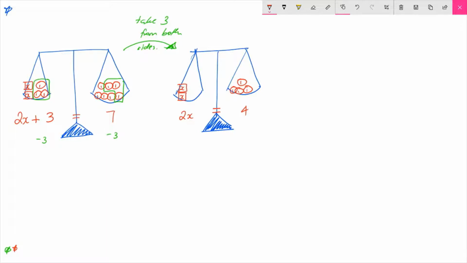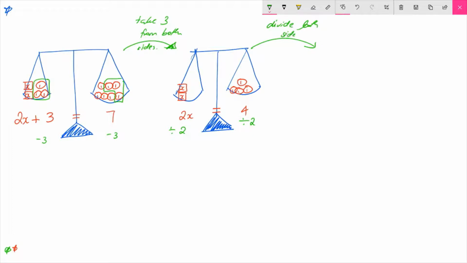Now we've got to ask ourselves, how do we get to just 1 x on the left-hand side? We've got 2 x's there. If I take those 2 x's and divide by 2, that will leave me with 1 x. But remember, with our set of scales, we've got to do the same thing to both sides so that the scales stay balanced. So what we're going to do is divide